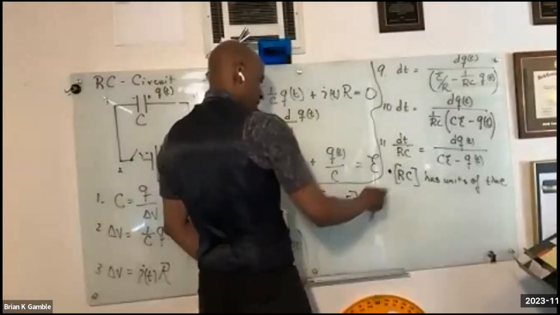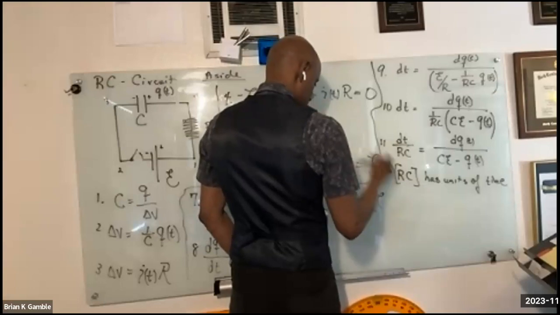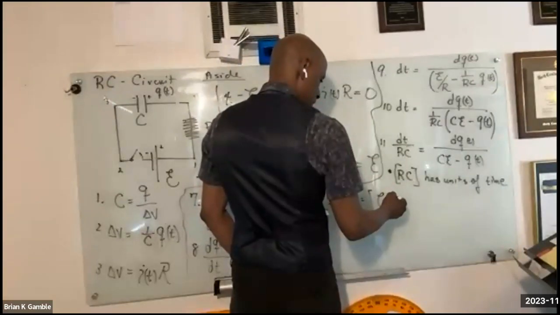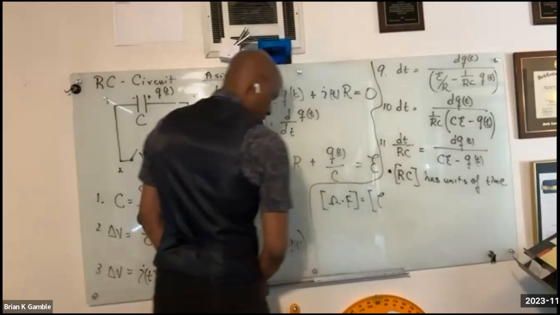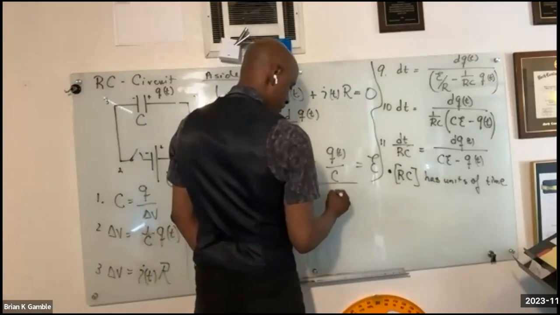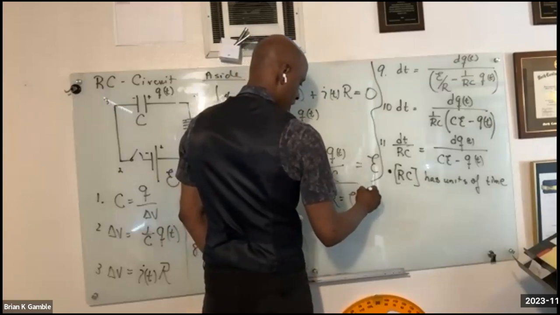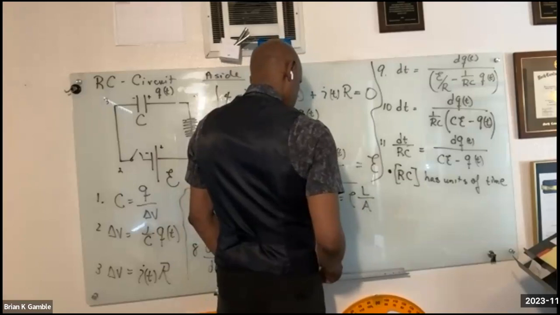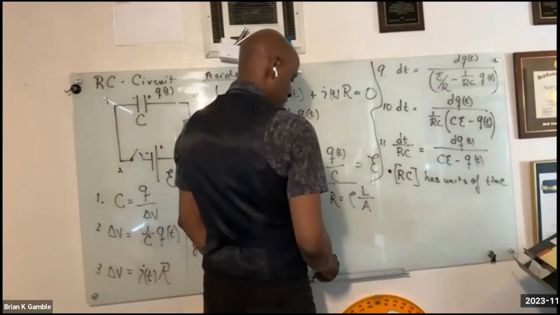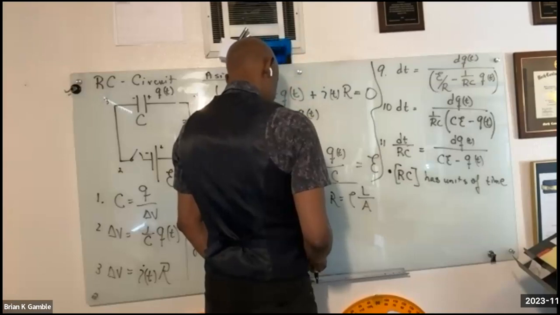Well, the definition of resistance: resistance is equal to resistivity times the length divided by an area. So an ohm and resistivity is units of